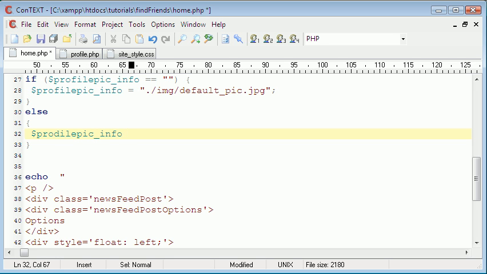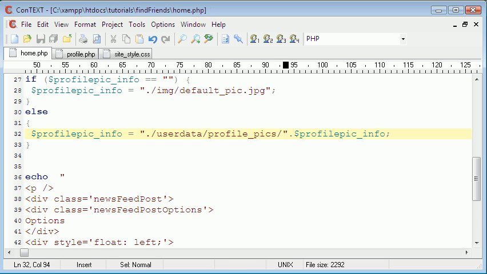So it's profile_pic_info, which equals, and as I said earlier, it's just $profile_pic_info with a $ sign at the start to show it's a variable, and all we have to do is use two speech marks and a full stop to append something to the start, and we're going to append user data/profile_pics. So we can try this now,